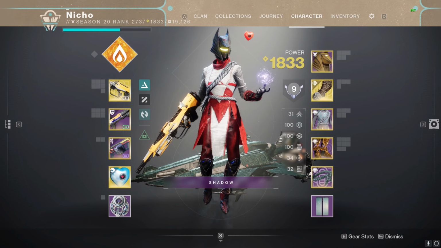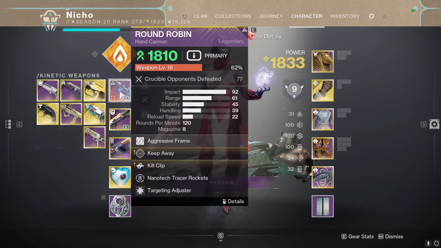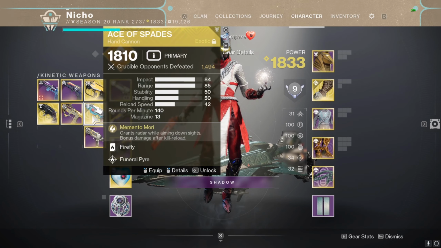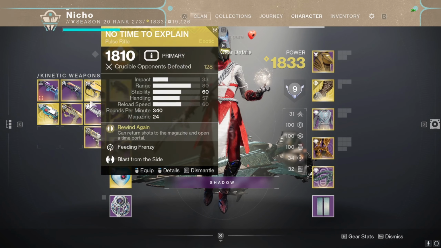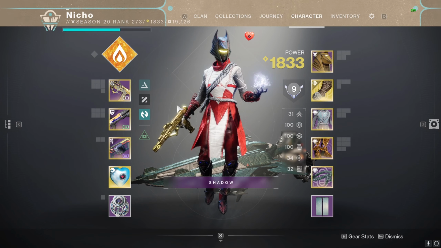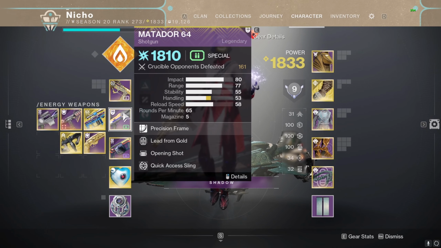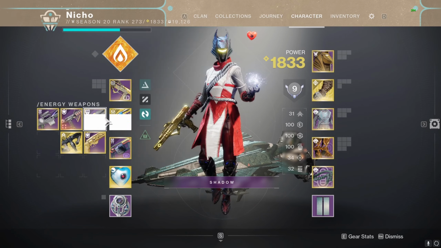And for my weapon choices, I would probably use True Prophecy or Round Robin, depending on how I feel. Rose if I want to feel really snappy with my hand cannon. My 2 exotic hand cannons of choice are Ace of Spades or Lumina. Lumina is so I can heal my teammates and get a damage buff. And of course the Immortal because it's the best primary weapon in the game currently, if you can get in range. Which is not really that big of a deal. And for my secondary choices, I have Cloud Strike, so I can use Immortal Cloud Strike. Or if I want to use,